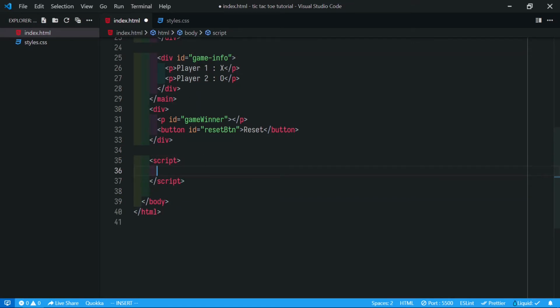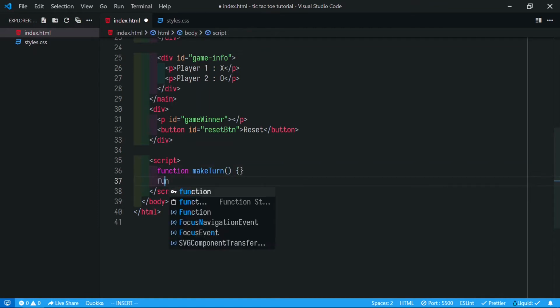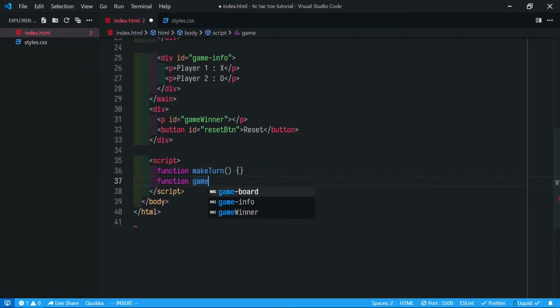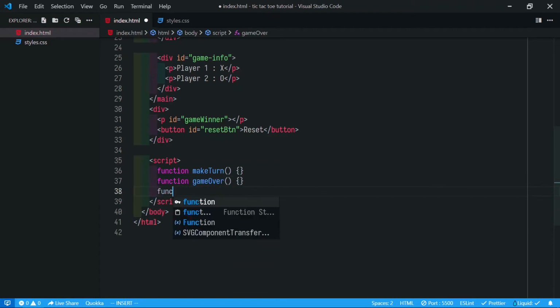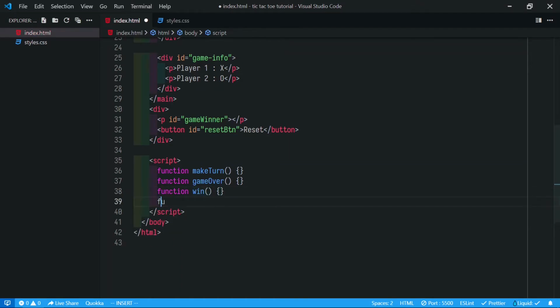We will have four main functions: function make turn, function game over, function win, and a function game reset.